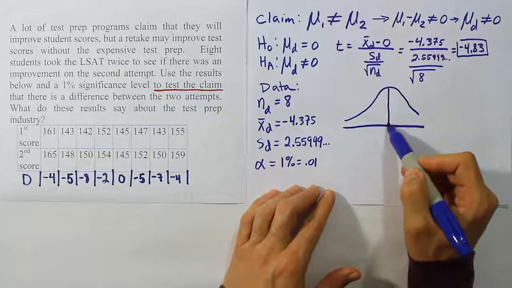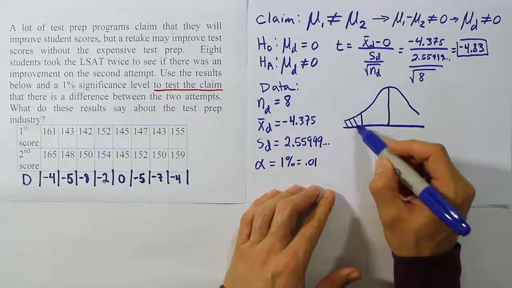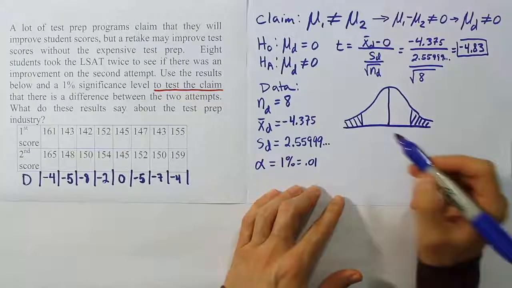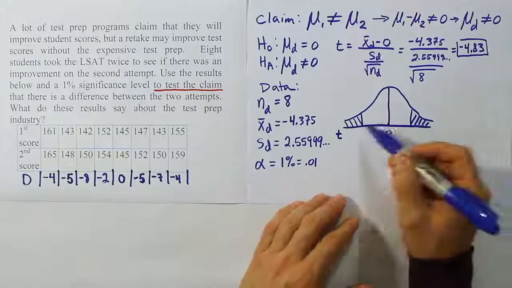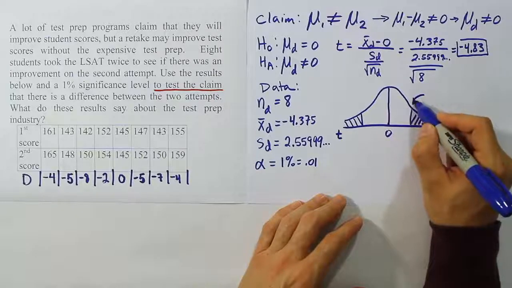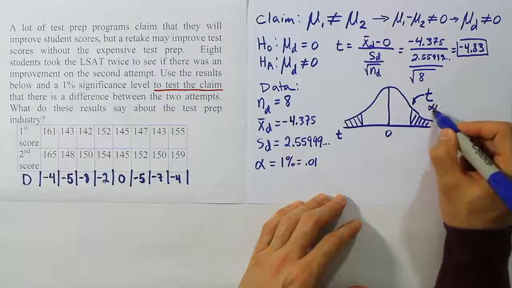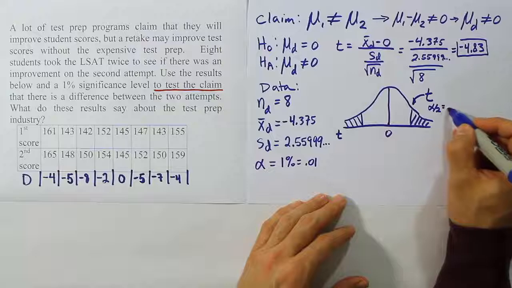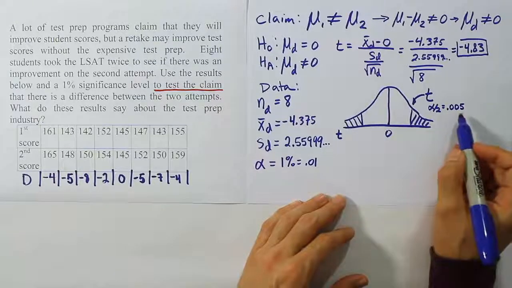And I'm going to label the rejection region based on HA. Because it's not equal to, we're going to have a two-tailed test. Zero in the center, put a T here at the bottom number line here. And then from there, what I want to do is basically go to our table and look up the appropriate T value. So in this case, it'll be a T alpha divided by 2 value, because it's split into two tails. So that's going to be half of the 0.01. That's going to be 0.005, right? Half of 0.01 is 0.005.